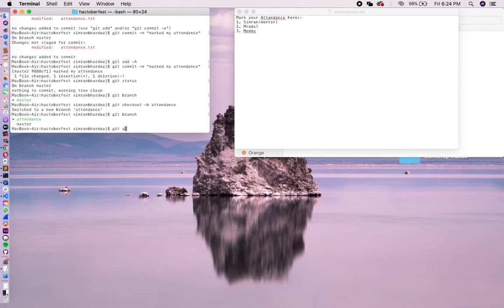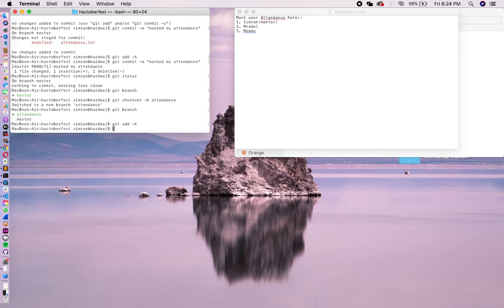Now I am going to add this file by using the command git add -a and commit these changes. It is important that we add the file and commit the changes so that Git can keep track of all these things.